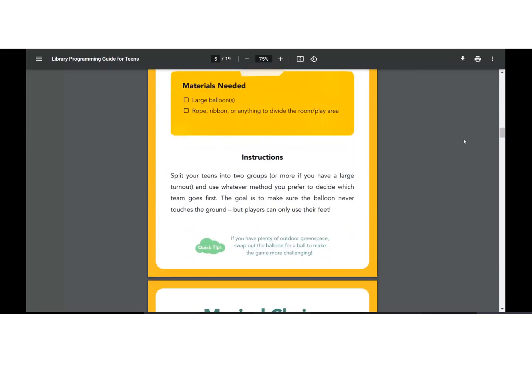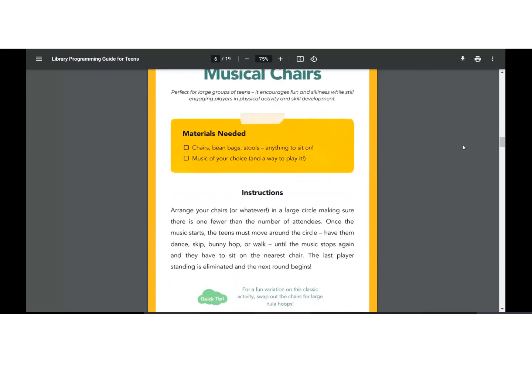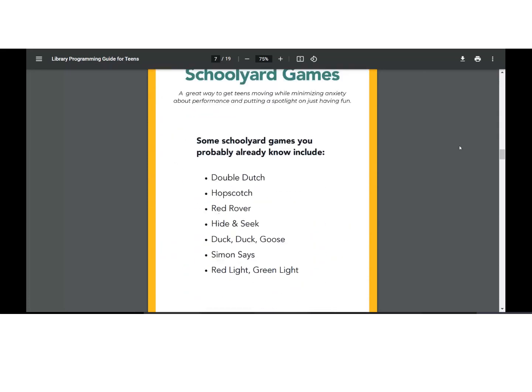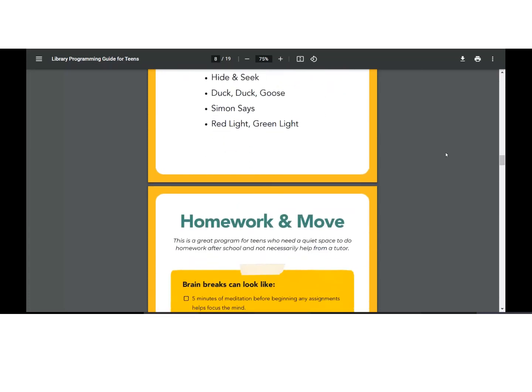I've got things like balloon volley, foot volley, musical chairs. These are not complicated by any means. They use materials that you probably already have in your library, or if you don't have them, they're very inexpensive to buy. There are schoolyard games, which I've actually gotten feedback from teens are quote unquote retro, that they did these when they were kids, which as an adult hurts my heart a little bit.